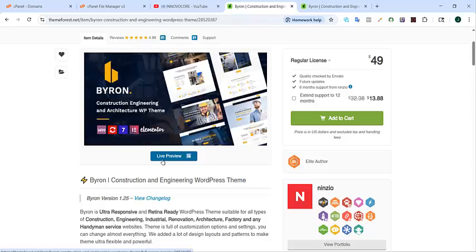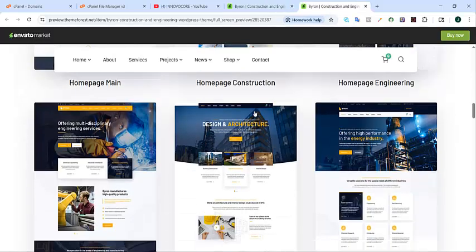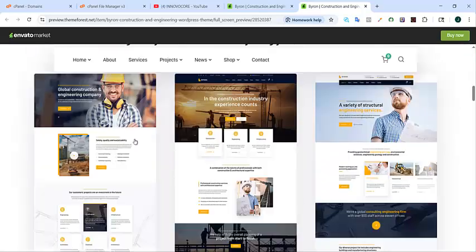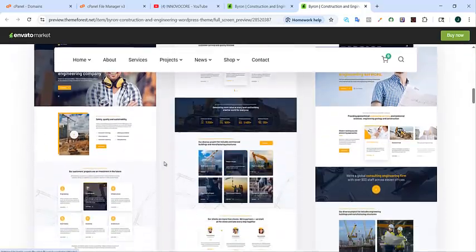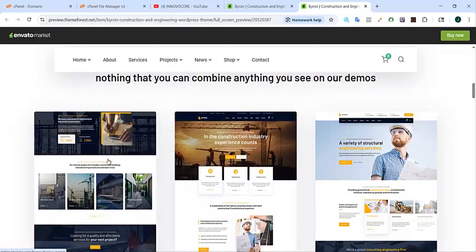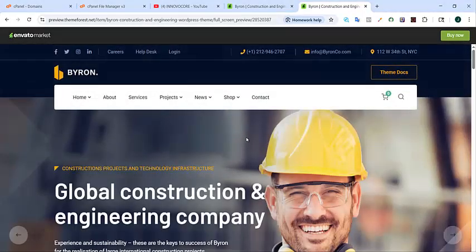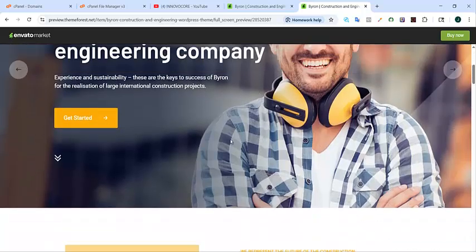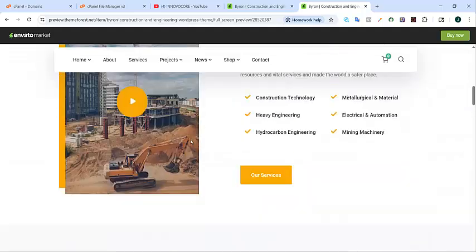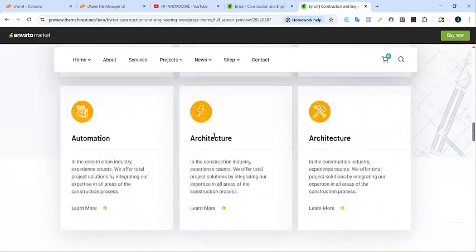If we click on this live preview, it's actually going to take us to the live preview of this wonderful theme. But I already have the live preview here, and this is how it looks. This is the home pages. Once we click on this, I'm showing you the main home page. Once you click on this, you're going to see how beautiful this website looks. It looks like this. It's a very sleek